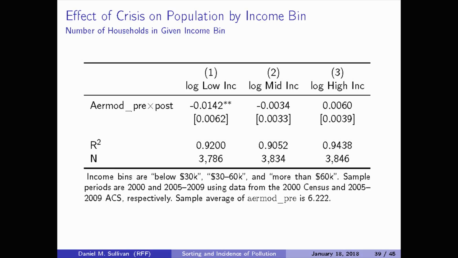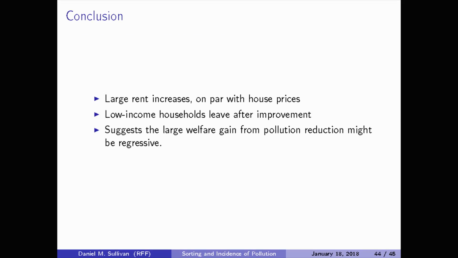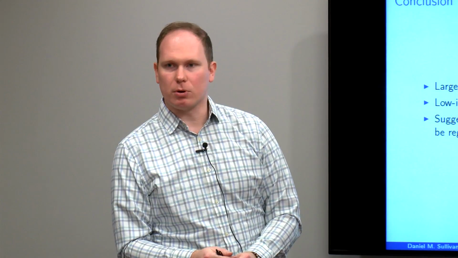So if we break down the actual population changes by whether it is poor people, middle-income people, or high-income people leaving, we actually find it's predominantly poor people leaving. And we see these large rent increases, see people flowing out en masse, and see very little home ownership among these low-income neighborhoods. All suggest that this is not a terribly progressive